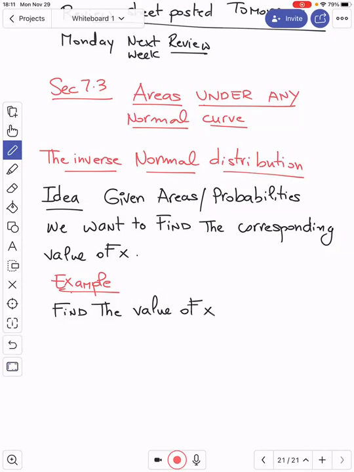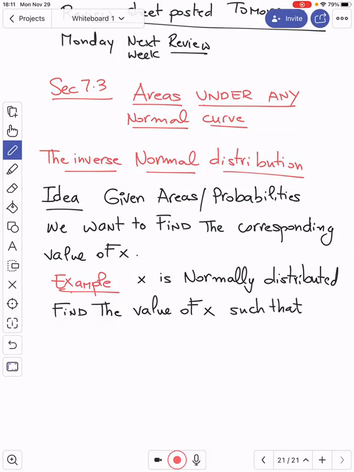Of course, x here follows a normal distribution. So x is normally distributed. And we want to find the value of x such that,